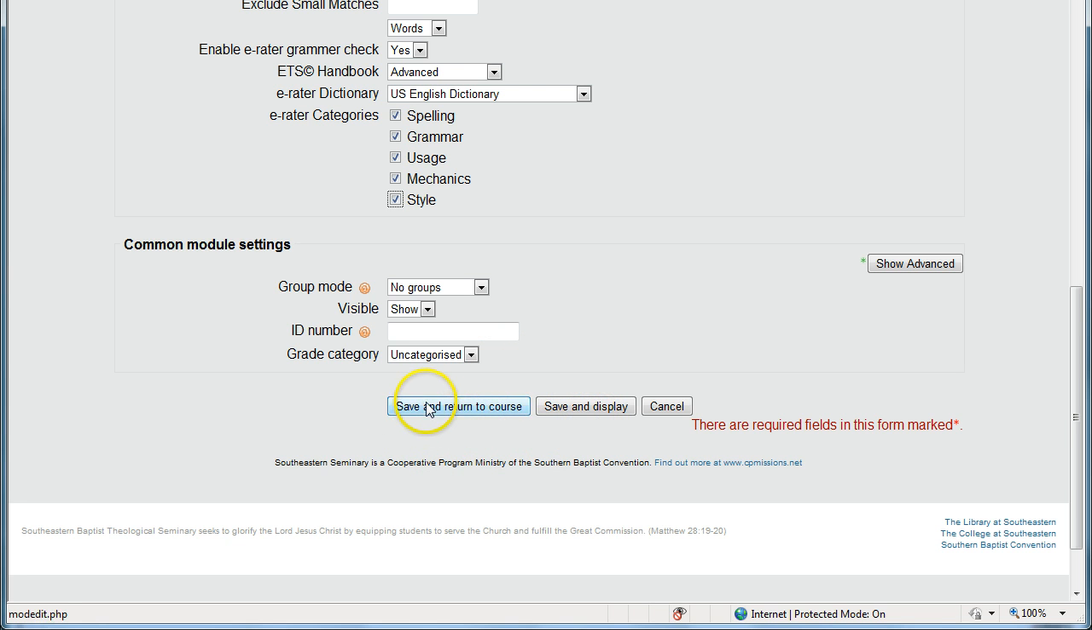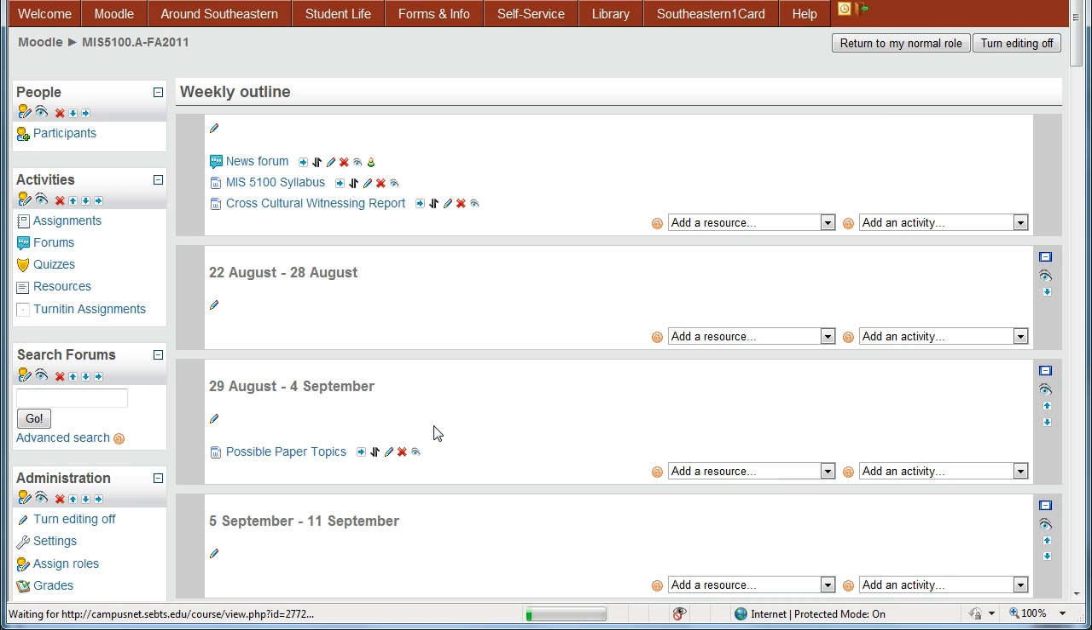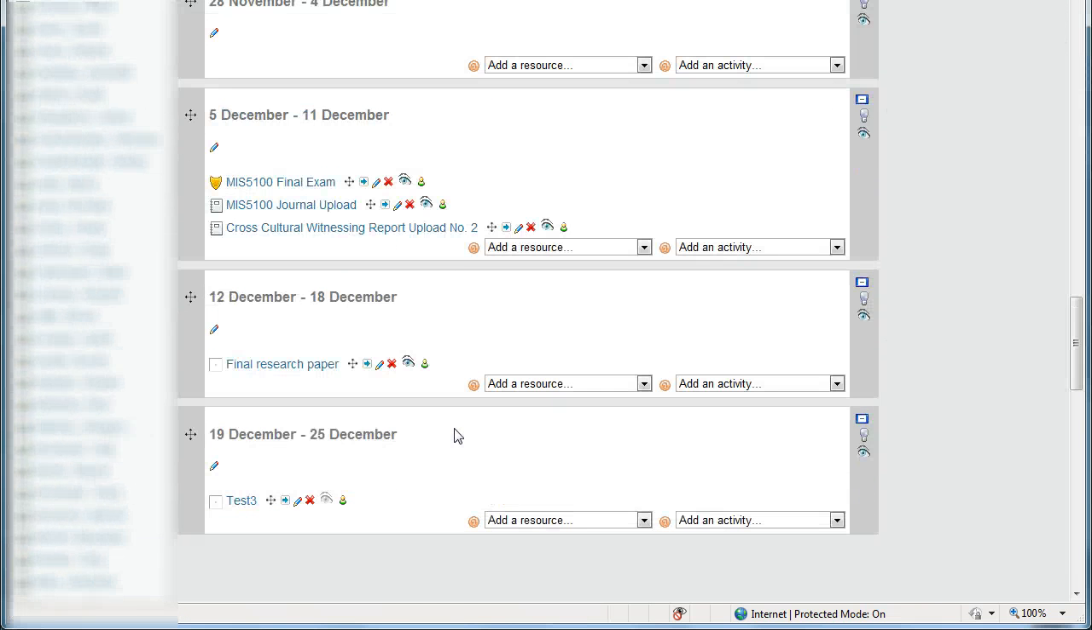So we'll go back to the course to see what it looks like, and it'll synchronize with the Turnitin server and come back into your course. Now if we scroll down and see that in that week we now have the final research paper set up there, with all the settings and everything. So that's the way the paper gets